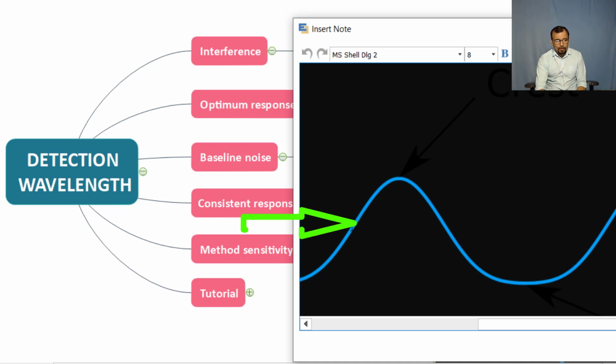If you select this portion of the spectrum as your wavelength, there is a huge change in the response or the absorbance value with a slight change in the wavelength. Now just look at the crest. At the tip of the spectrum, there will be a minimum change in the response with the change of the wavelength.